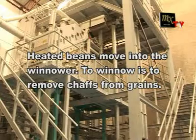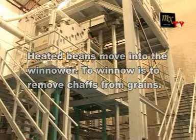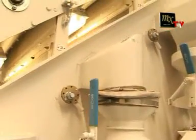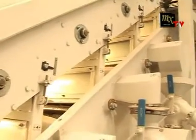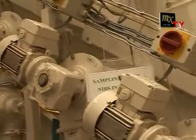Heated beans move into the winnower. To winnow is to remove chaff from grains. The winnower has three major sections. First is the crushing chamber, where the beans are broken into shells and nibs. The second section is the separation unit, which has 5 sub-units, where a thorough separation of nibs and shells take